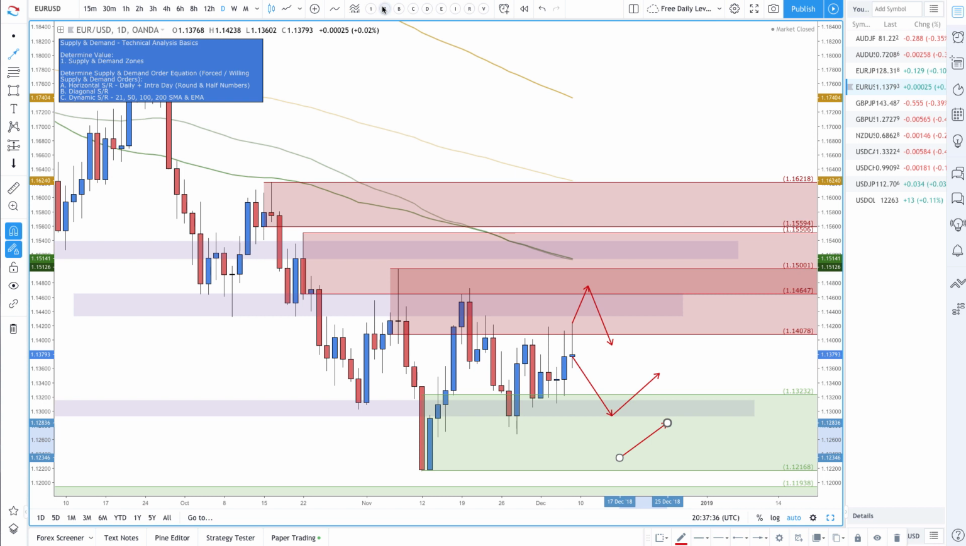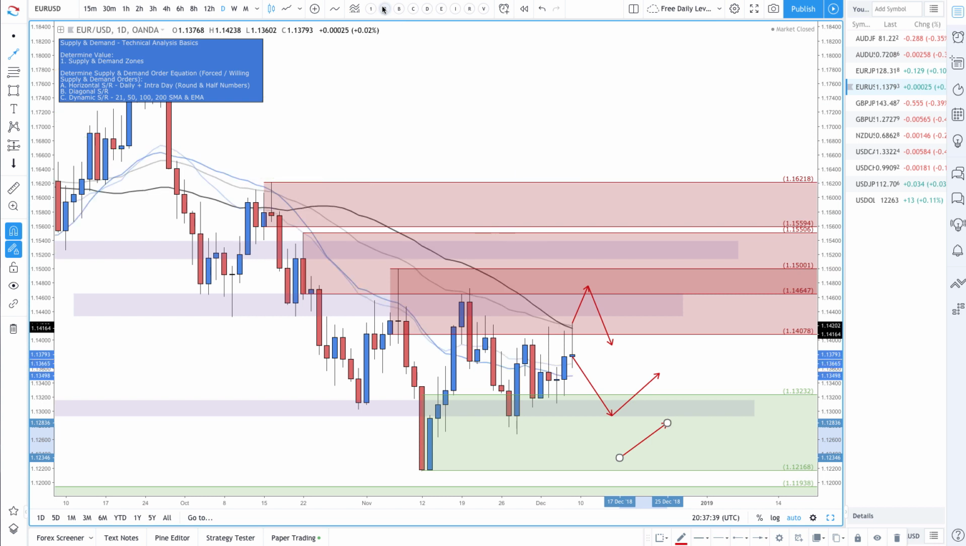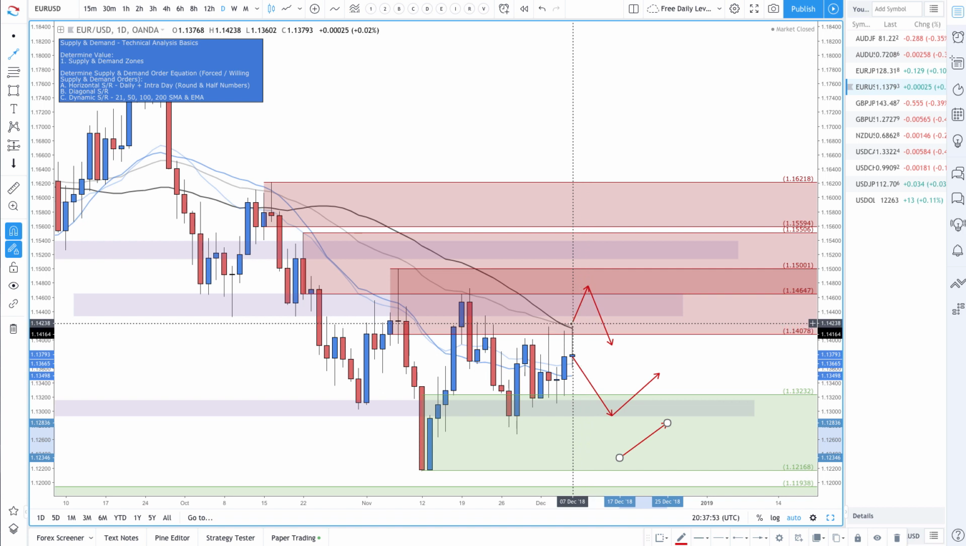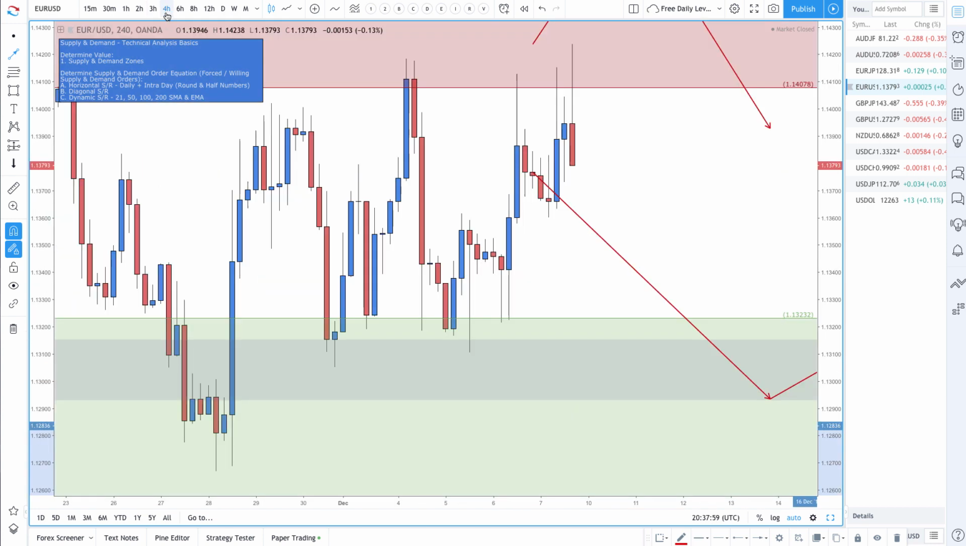And let's look at any dynamic resistance. We've got the dynamic resistance within this area as well. And then you've got obviously your 100 probably further up here. So at the moment it's decent for a sell trade even right now. Matter of fact, if you go down to the 4-hour,